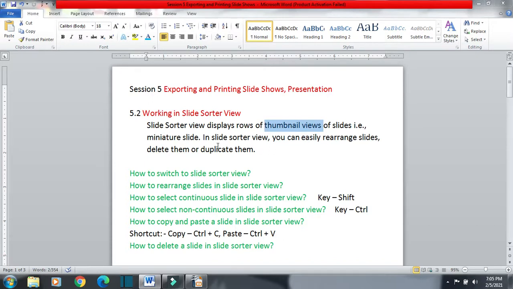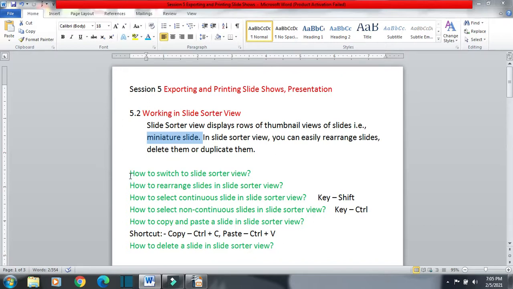So these are small miniatures of the slides so that we can rearrange them. If we want, we can delete any slide, or we can create a copy of the slide also. So in slide sorter view, you can easily rearrange the slides, delete any slide, or duplicate any slide.